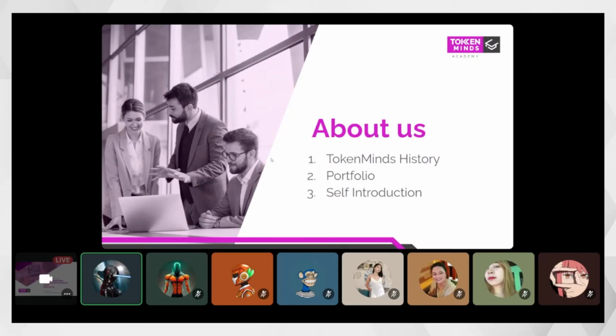So just a brief background, especially for those who were not able to attend the last lessons. About us, we are Token Minds, a full service Web3 agency. We've been operating since 2016. We've worked on different crypto projects and now more on NFT projects as well, with more than 100 clients already.